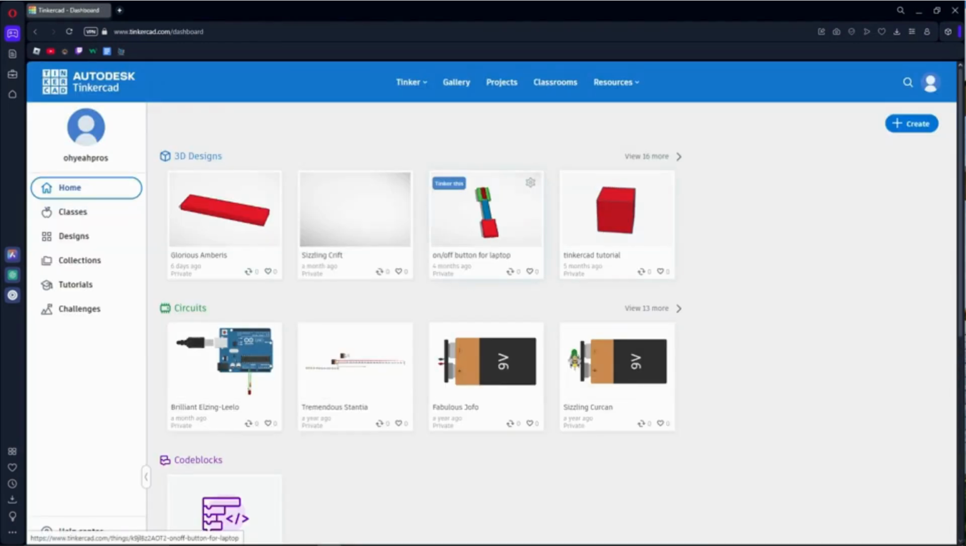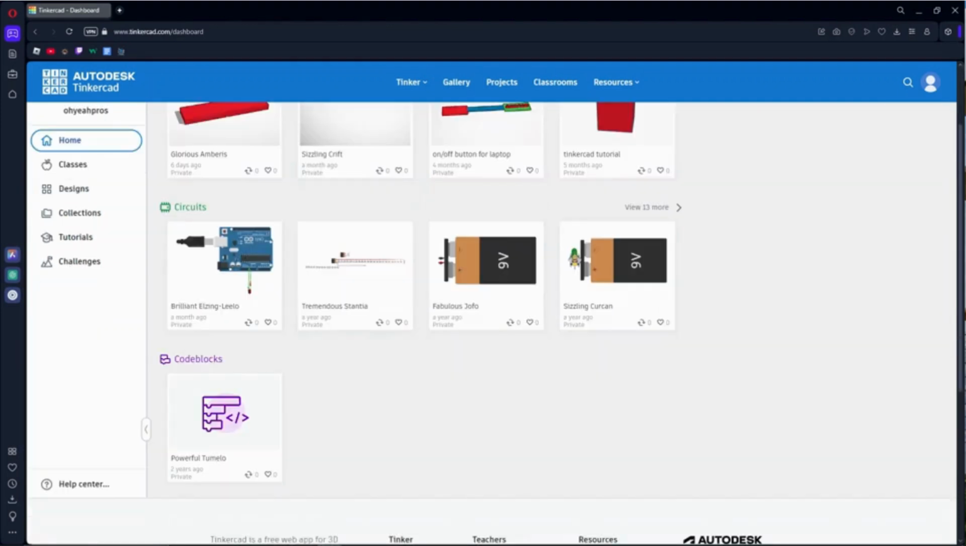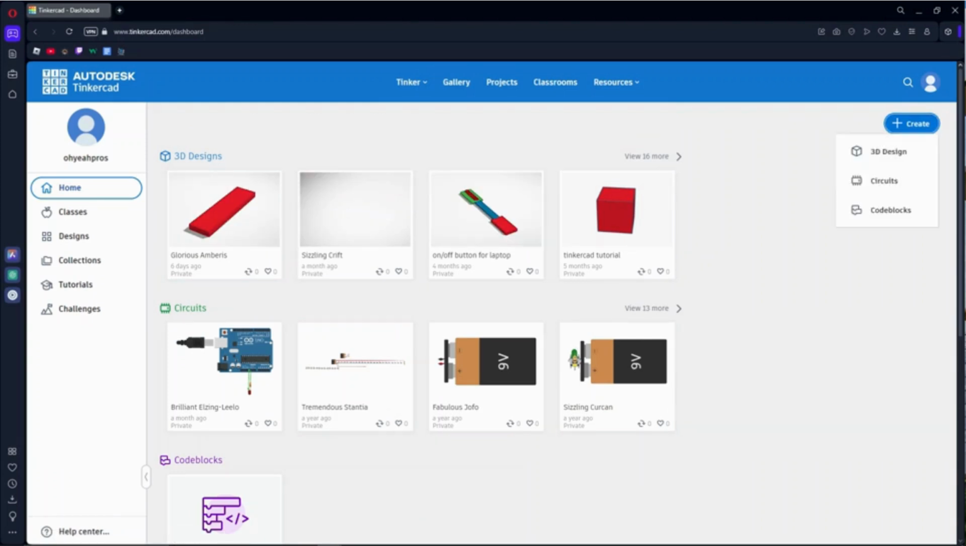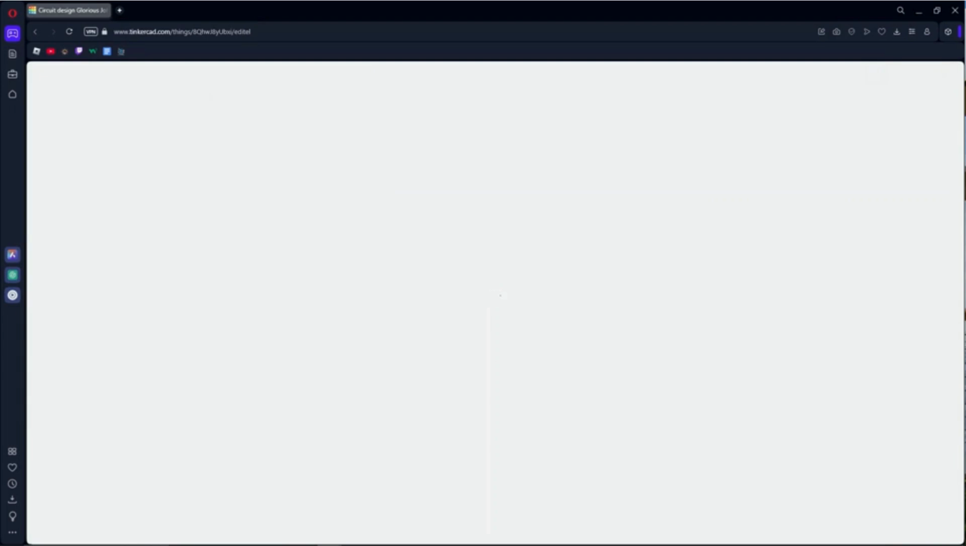Once you log in, it will show you this specific page. These are all my projects that I've done before. So let's make a circuit. You're going to create a circuit, and here,